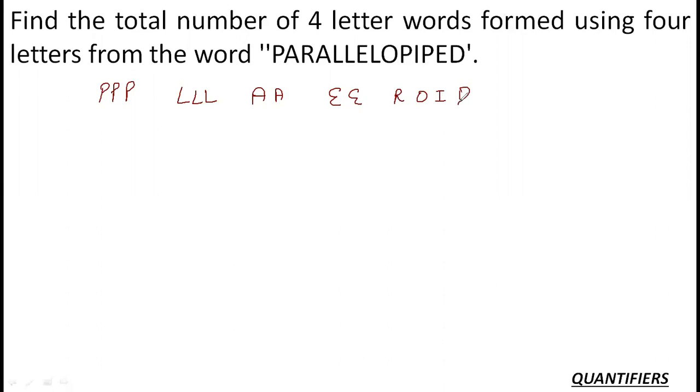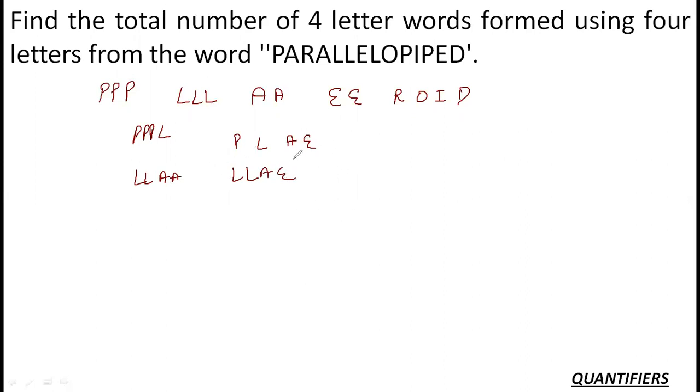Now before we proceed in the question, just think upon a few data points, like in how many ways I can select the four letter words, or how would it look. Can I say one of the words could be P, P, P and L. One of the words could be P, L, A, E. It could be L, L, A, A. It could be L, L, A, E. Yeah, these are the major distinctions.